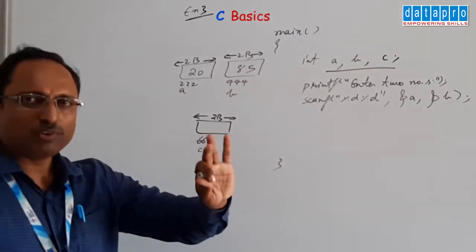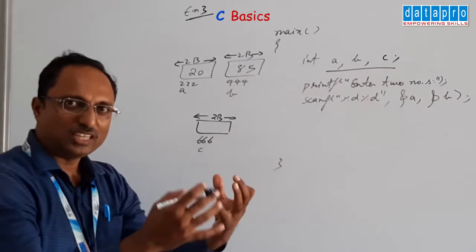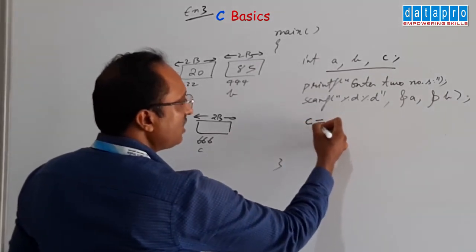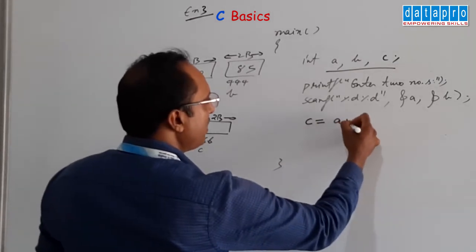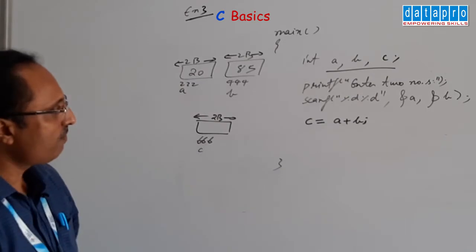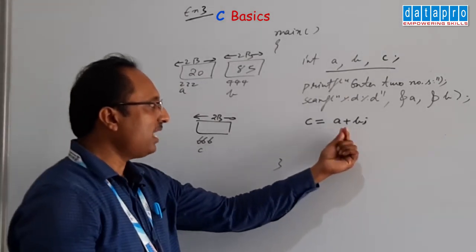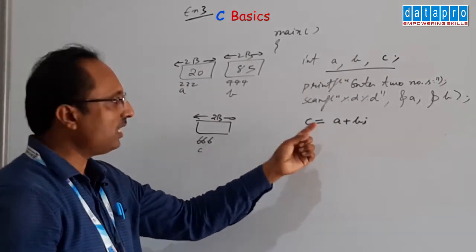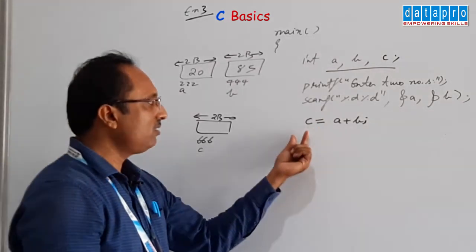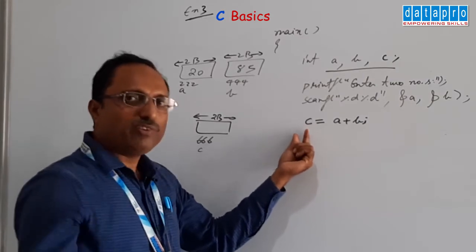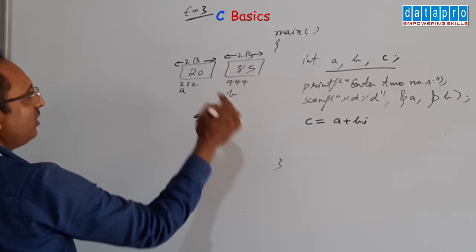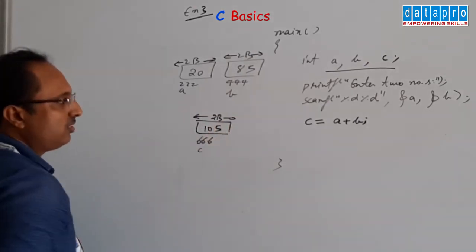Now taking the input is over, this you already know. Now what you have to do? Just add them and store it in C. How? You have to store it in C, that's why you have to say C equal to A plus B, that's it. Put a semicolon at the end of every statement. Then A and B would be added and the result would be stored in C. It's not A plus B equal to C, it is C equal to. On the left side of equal to, you have to write the variable where you want to store the value. So in this example, 85 and 20 would be 105, stored in C.